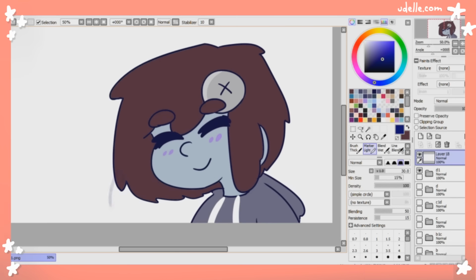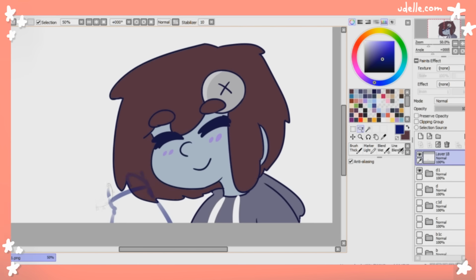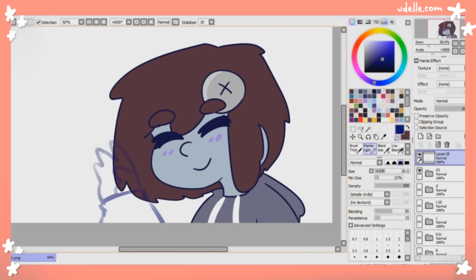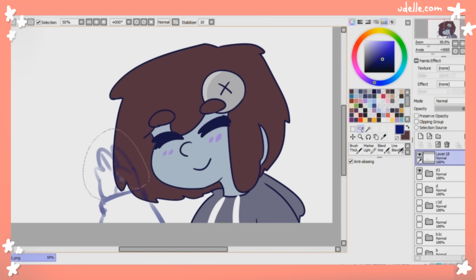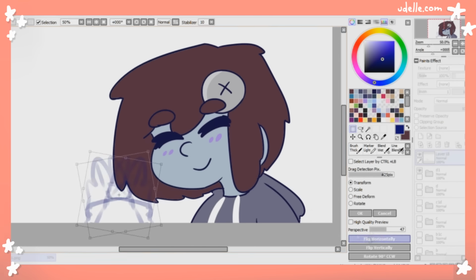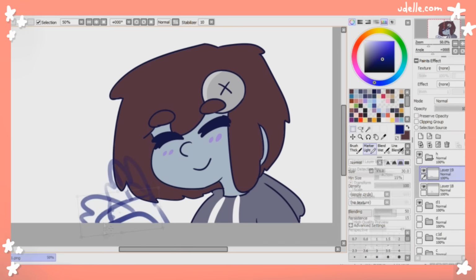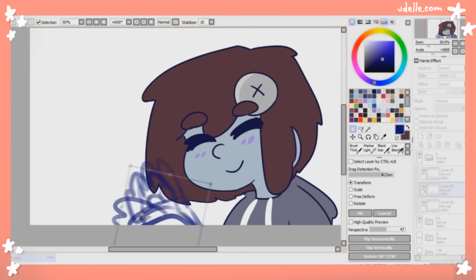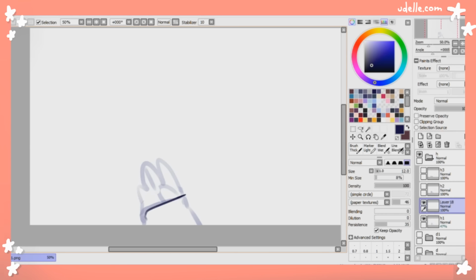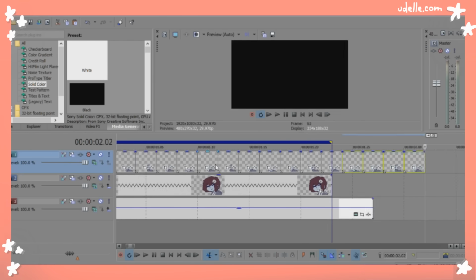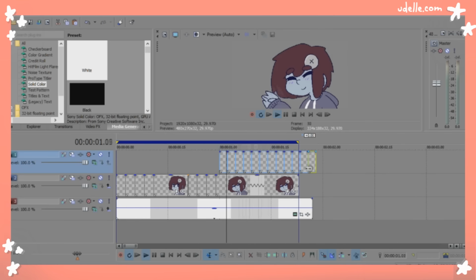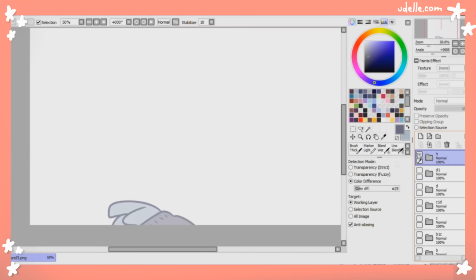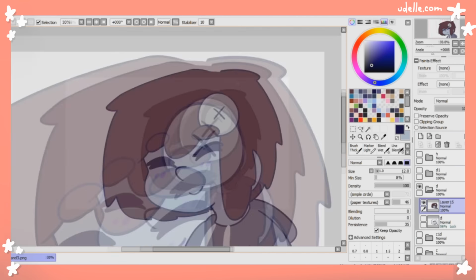So the hand is actually going to be on its own set of layers. It's not going to be at all attached to the body that turned. So I decided, you know, three layers is fine, 3 frames is good. So I sketched them, I quickly lined them, and then I pulled them into a completely different layer on Sony Vegas. So they're on their own time. And about here's where I pull them in. Yep. I threw in a gradient with overlay to see how it looked if I were to just complete it there,